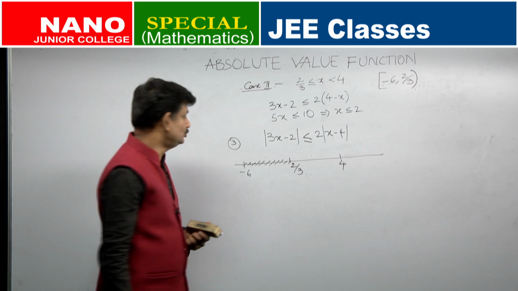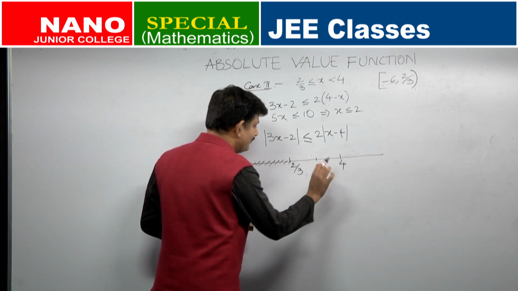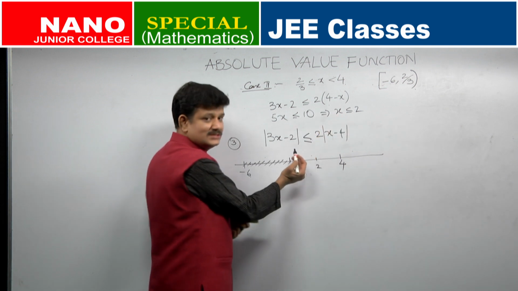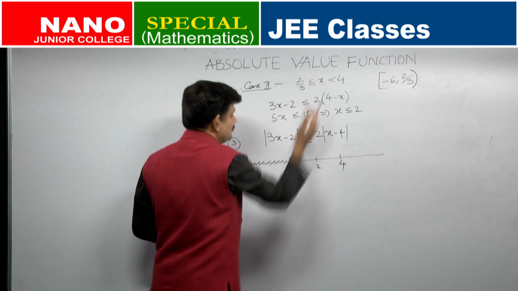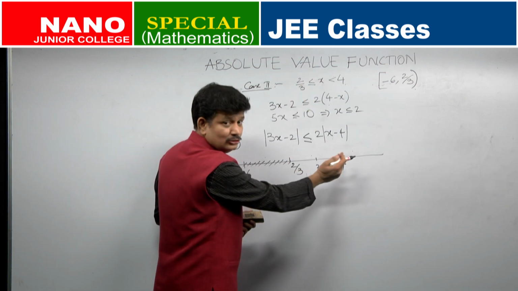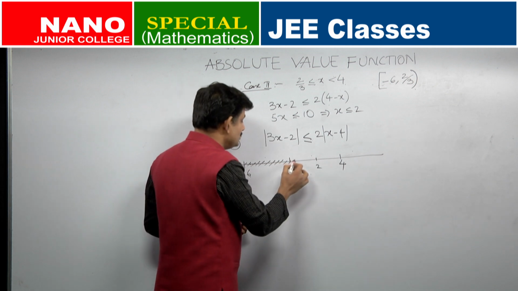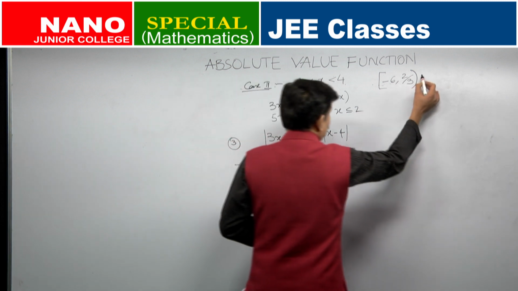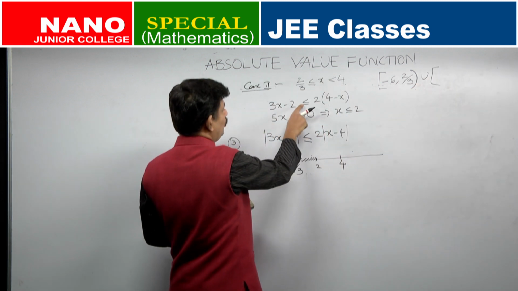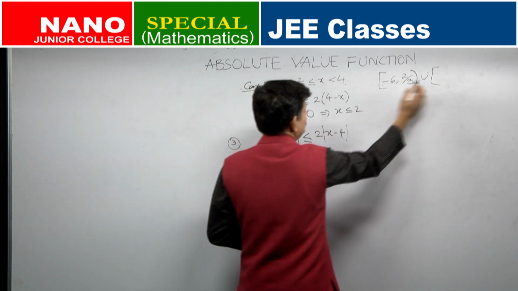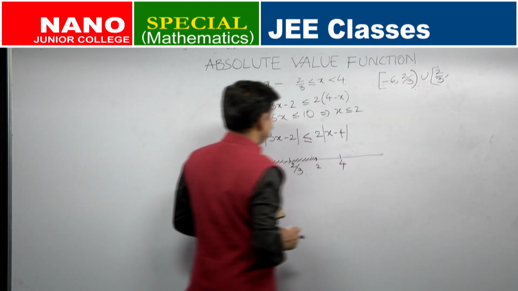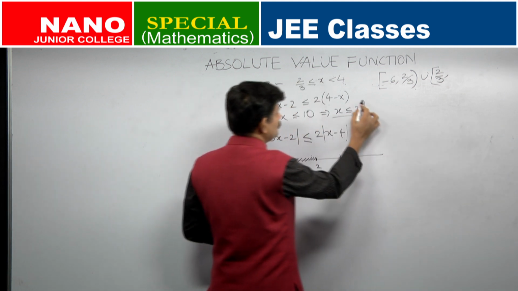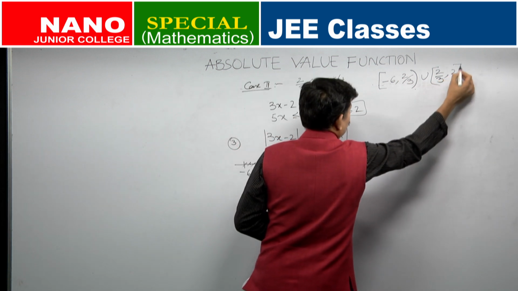x less than or equal to 2, and where will 2 be? Somewhere in between 2 by 3 and 4. So, what is the solution? I want the set of all numbers less than or equal to 2, under which assumption? When x lies between 2 by 3 and 4. So, x has to be greater than 2 by 3 and it should even be less than 2. So, what is the solution which I get from here? The set of all numbers from 2 by 3 to 2. 2 by 3 is closed, equality is given at 2 by 3, and at 2 again equality is there, x less than or equal to 2. So, up to closed 2.